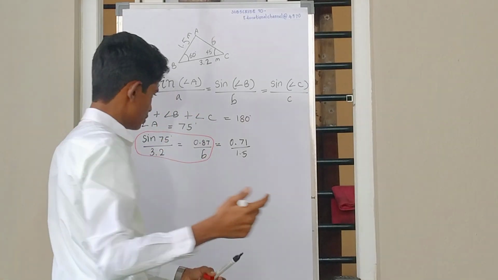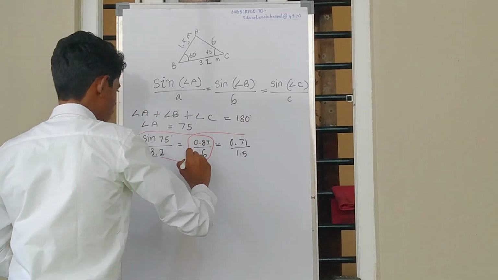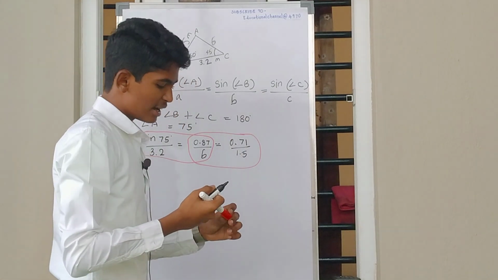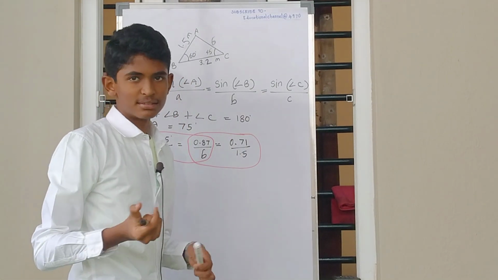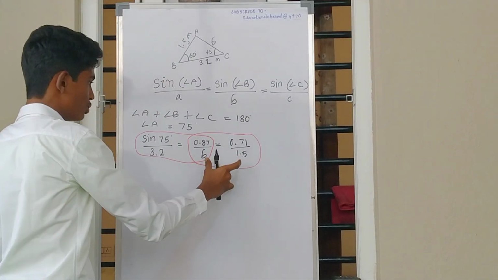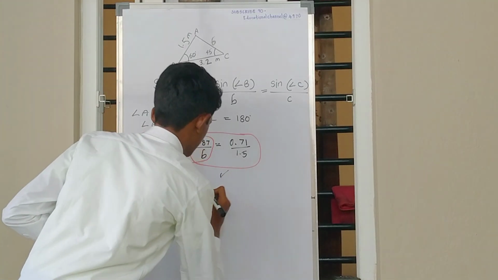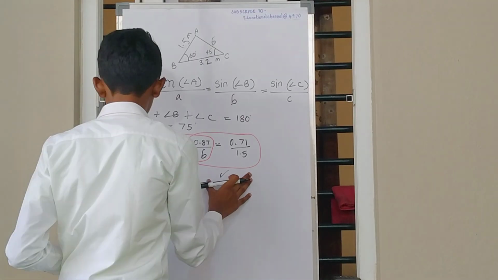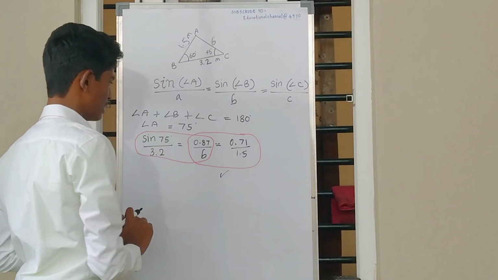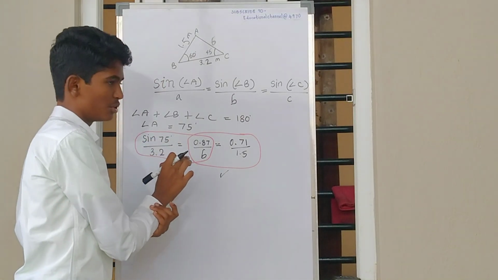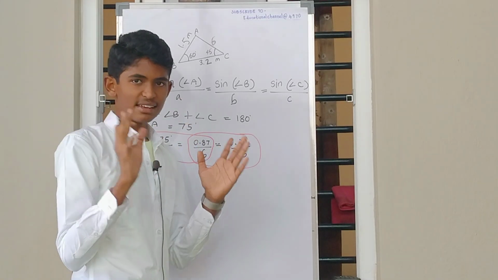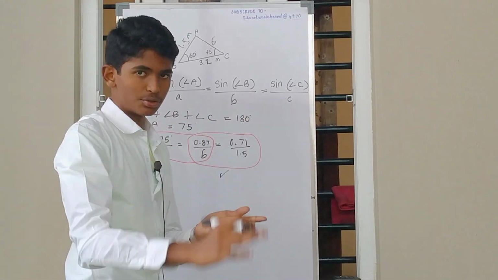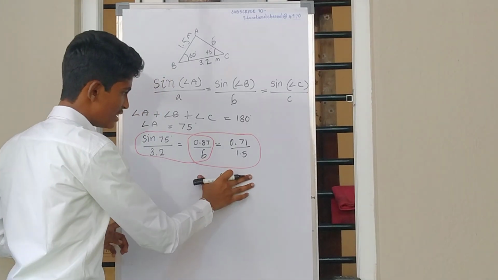There are two options for you. Or you can find out what this is. Usually in Olympiads we don't get calculators, so it's a better option to do these. You will get the same answer, but this is better, because sine 75 is an increasing function and has a different irrational value. So we know these values.